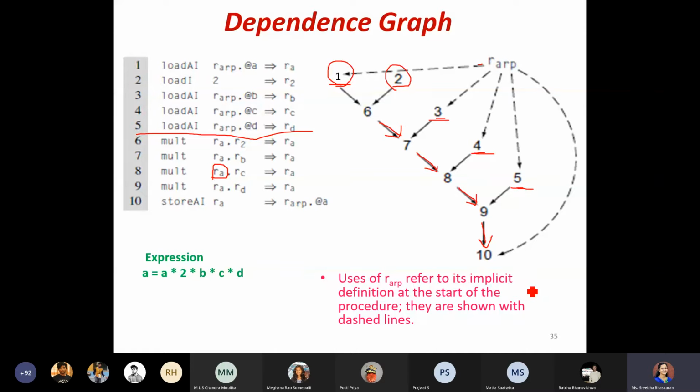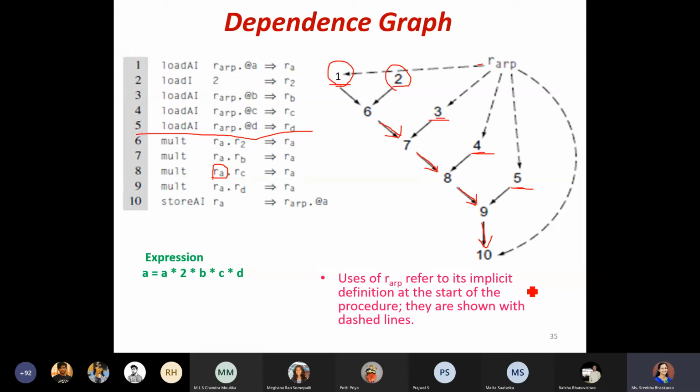So like this, we are showing the flow of value. For showing the flow of the variable, we have made use of each instruction. We have just sequenced each instruction, and we have mentioned the line number for each instruction. Based on the line number, we have drawn the graph. And if any line is dependent on the memory, we have mentioned it as RARP, and we have drawn the dotted lines.